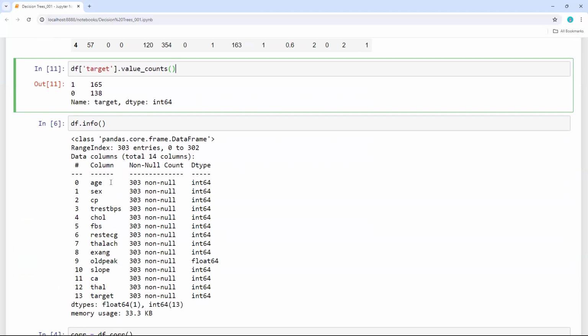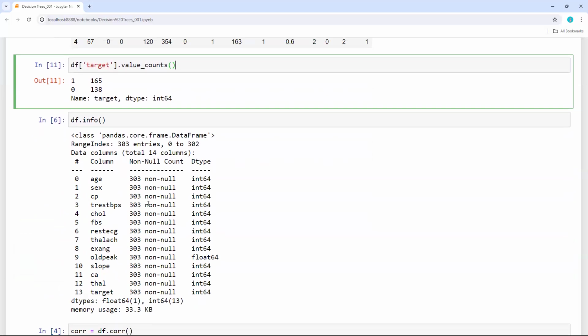You can see the age column has 303 entries, and the sex column also has 303, and CP, trestbps, and so on, all are filled with values. We do not have any null values. And a good thing in this data set is that we do not have null values, and also